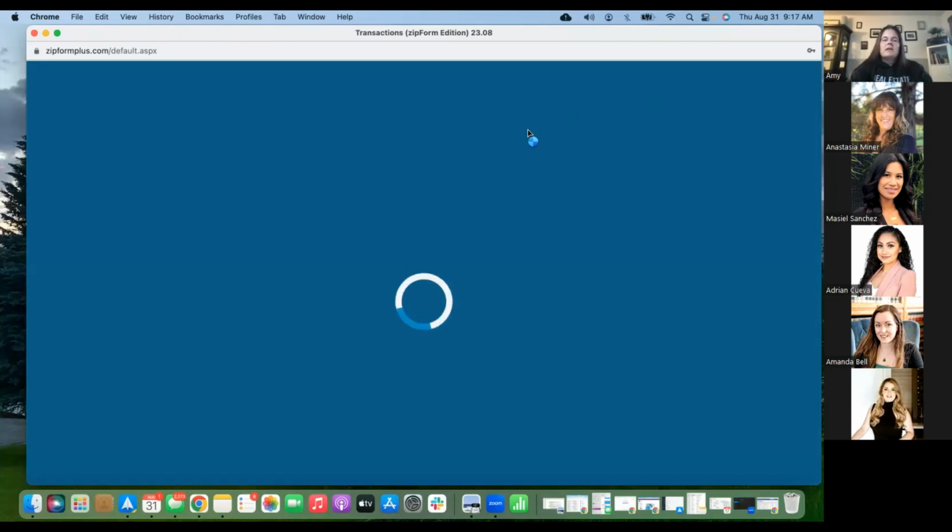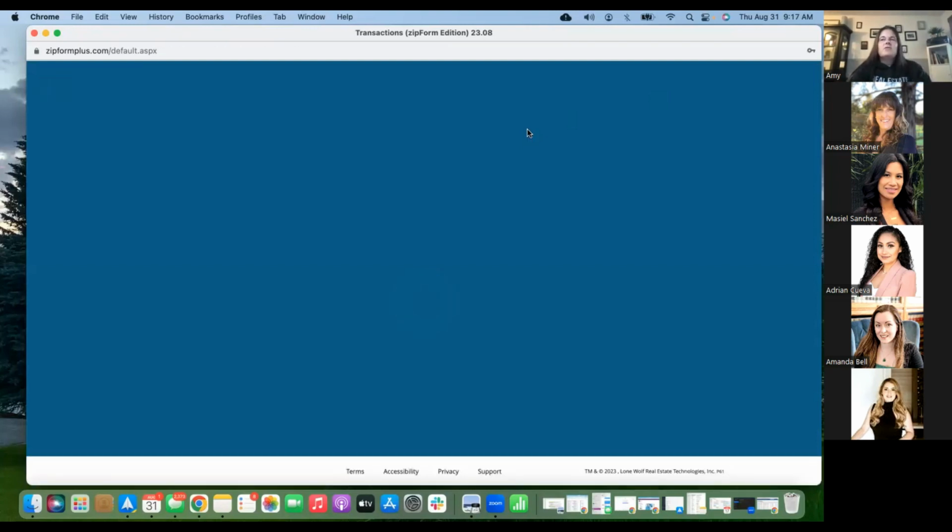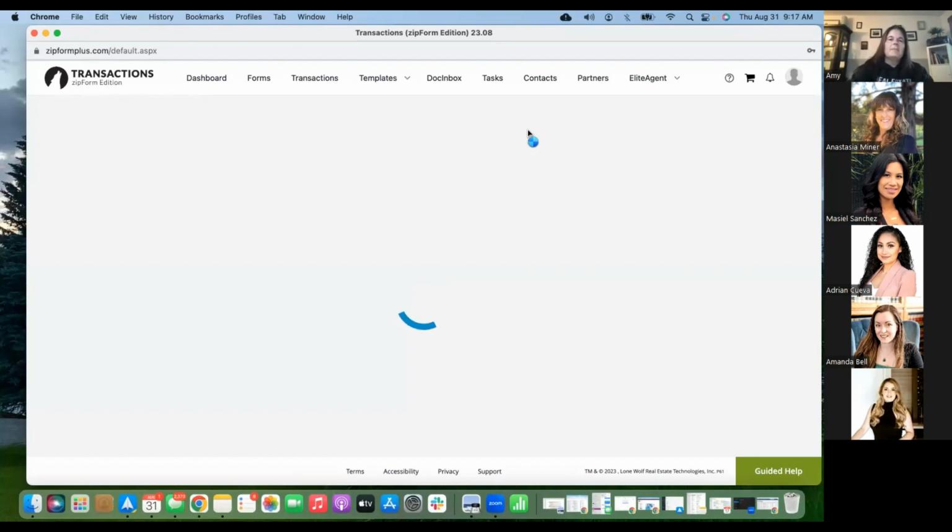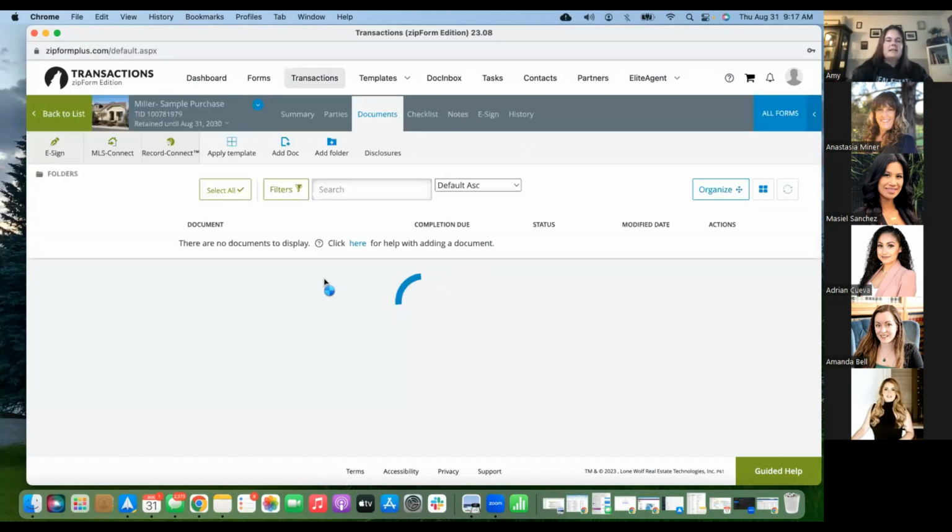So with the old Zip Forms editor, you used to only be able to edit one form at a time, right? You have to open it up, edit it, close out, open the next one. It was really cumbersome and clunky. But with the new one, I have my template applied, my purchase template applied several